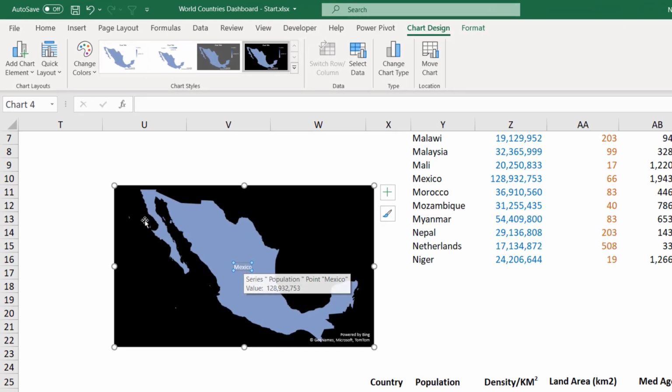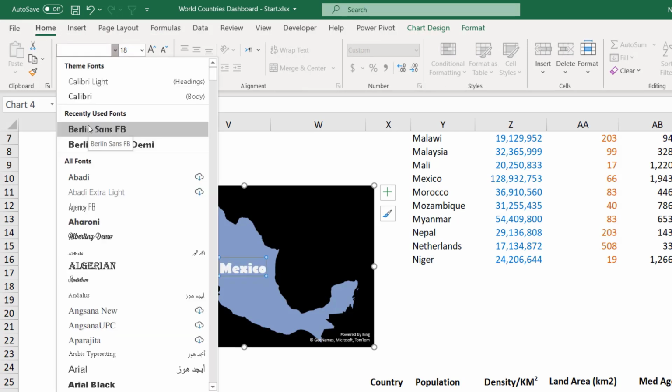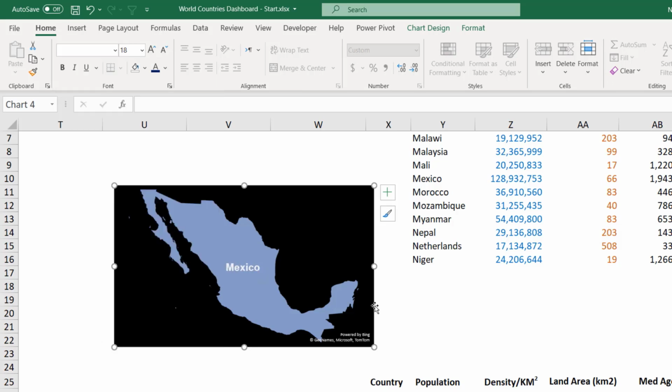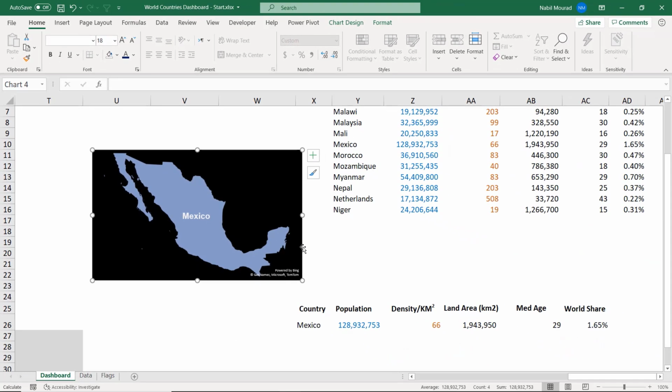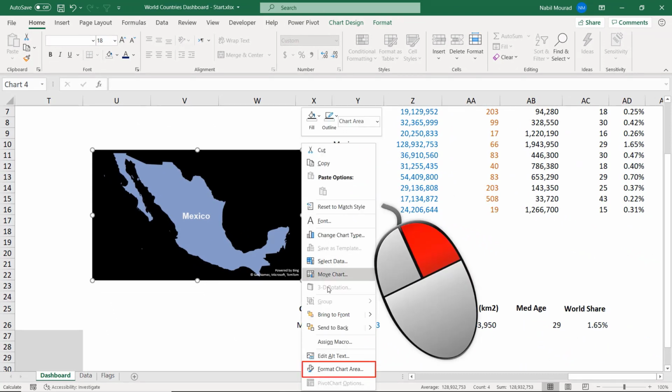I select the label, and I want to format it, so I go to the Home tab. I can bump it up, and I can bold it. And I select the matching font. After formatting the font for the data label, the final thing I want to do is to right-click and select